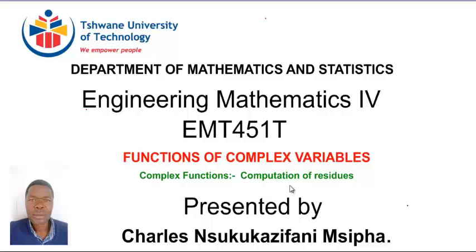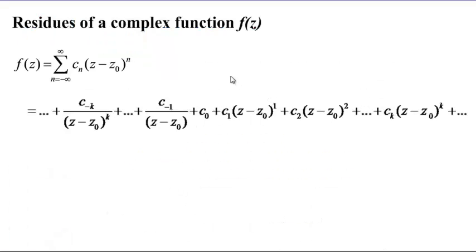In this particular case, we're looking at computation of residues. As we mentioned before, these are going to be very important tools for our future work. Now, a residue of a complex function is defined by means of its Laurent series. Like we saw before, a residue is the coefficient accompanying the term z minus z0 to the power minus 1. Such a coefficient in this case is clearly c sub minus 1, and this is what defines what we call a residue